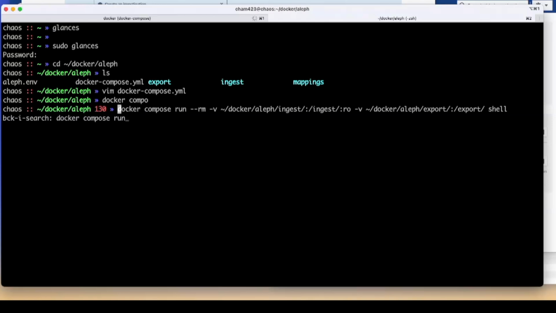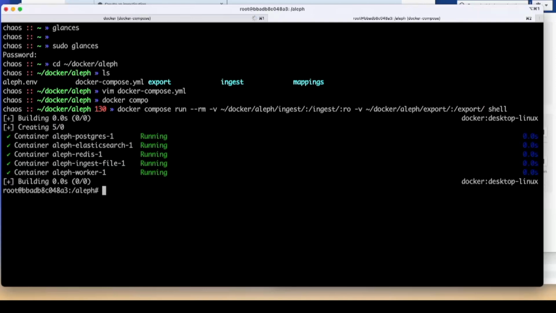So this is the command. Basically, we're running the shell container. That's at the very end. Of course, they put the most useful part at the very end. We're specifying to remove the container after we're done. And then this is a volume mount of this directory into the container, read-only, so you don't want to mess with your source data. And for other reasons I'll explain later, we're also mounting into this other directory that is writable. So let's run that. Here we are.